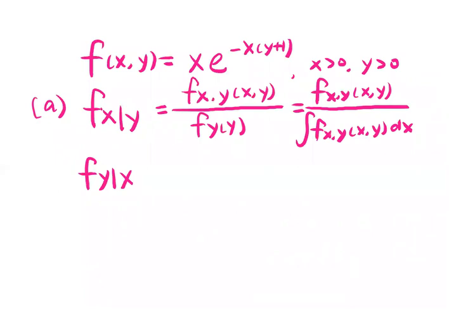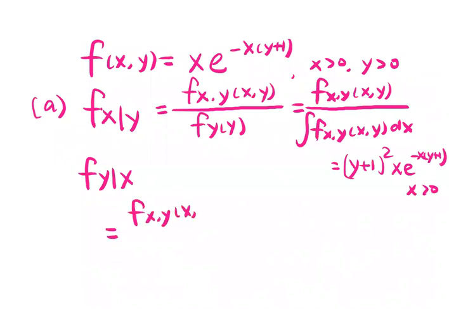The actual integral, once you do it, will be (y plus 1) squared times x e to the negative x(y plus 1). And don't forget the range of x. So similarly,